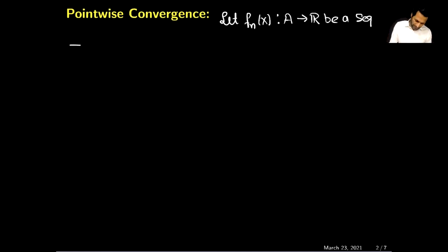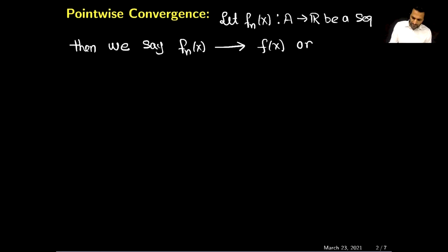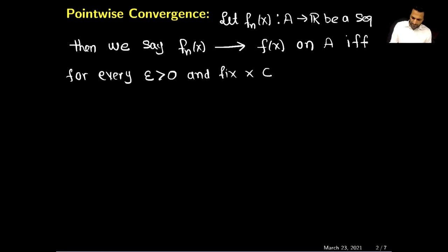Then we say this sequence f_n of x converges to its limit f of x on the set A if and only if for every epsilon positive and a fixed x belongs to A,